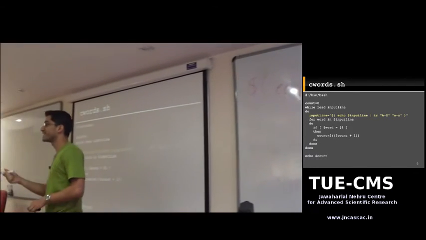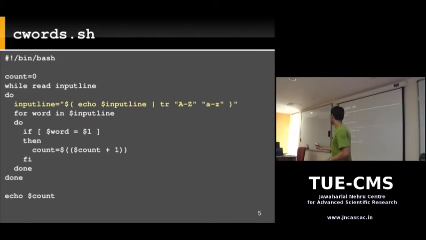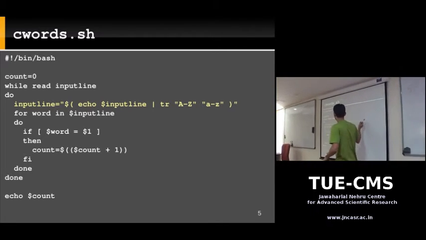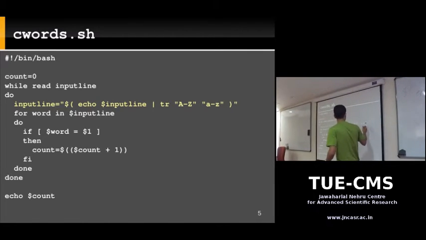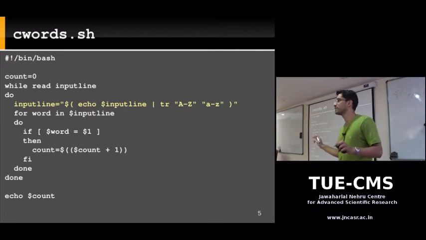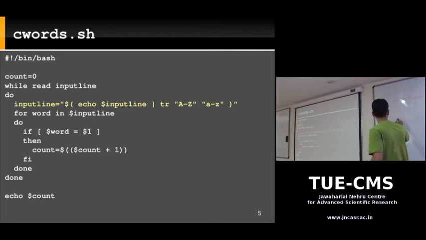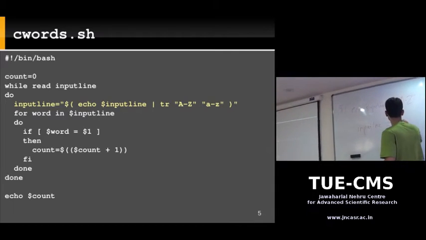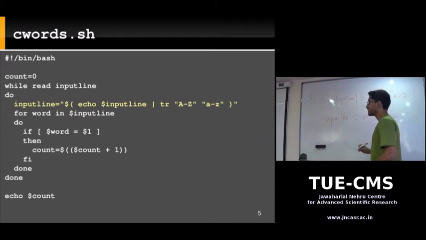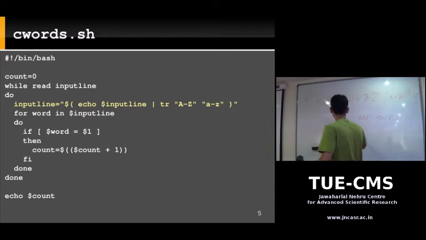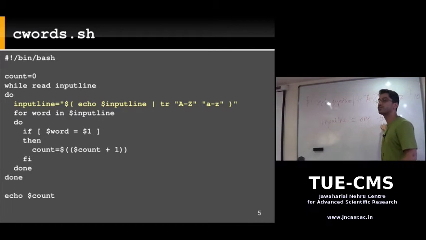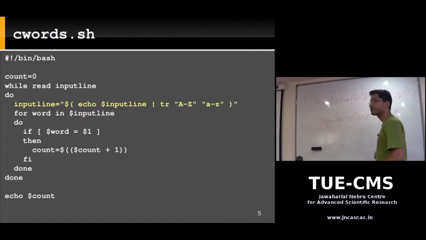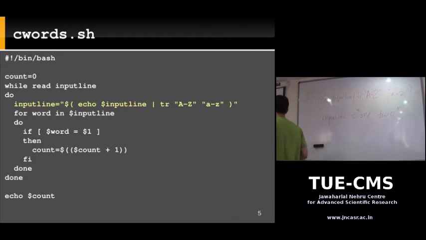Now, considering you asked me yesterday, can we assign the output of a command to a variable? That's exactly what we're doing over here. We have a variable input line, and we're assigning the output of this entire pipeline to it. We put quotes over here to protect the spaces. If you wrote a line like input line equals 1 space 2, it's not going to execute, because the shell is going to see a 2 command and say 2 command not found. So how do you protect the space in a string? You just put quotes, right? So it protects the space. That's exactly what we're doing.